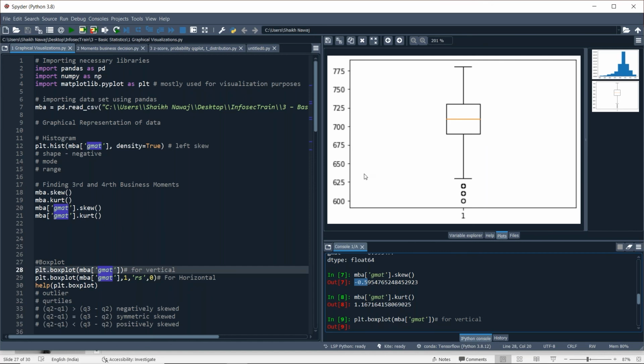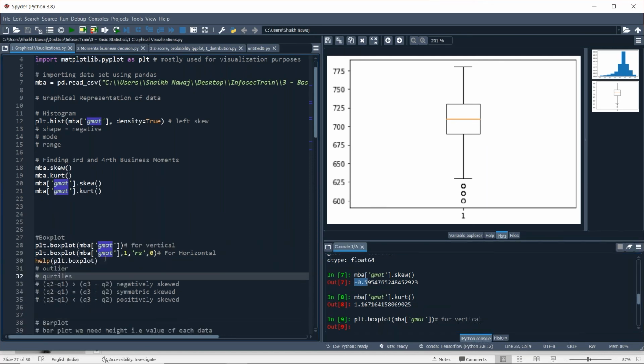So from the box plot we can find outliers, whether there are outliers or not, then we can find quartiles, and we can also find the skewness.